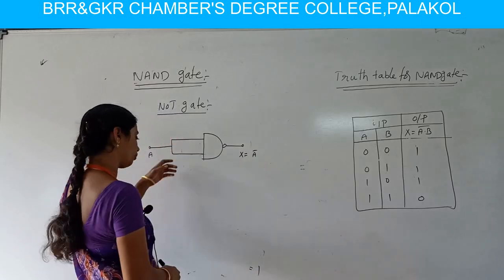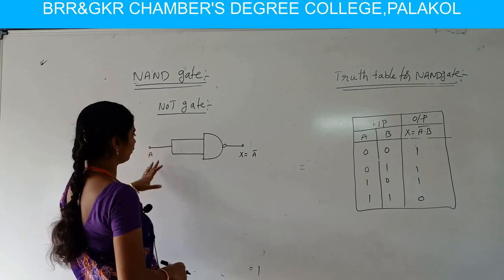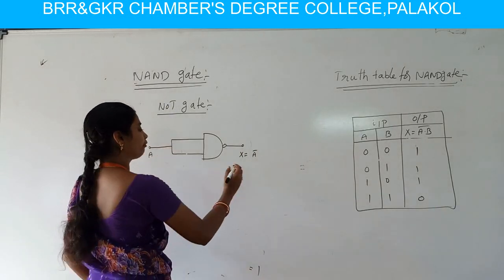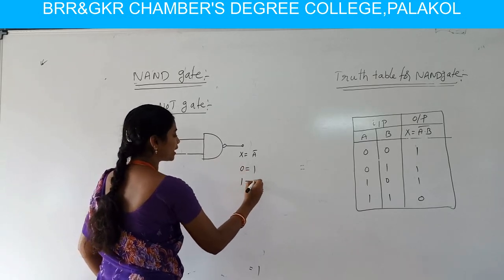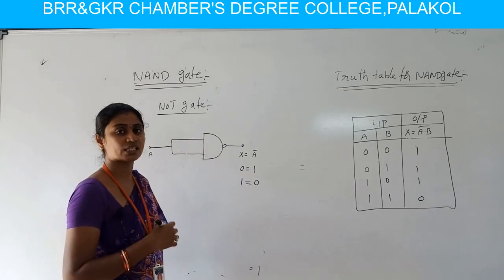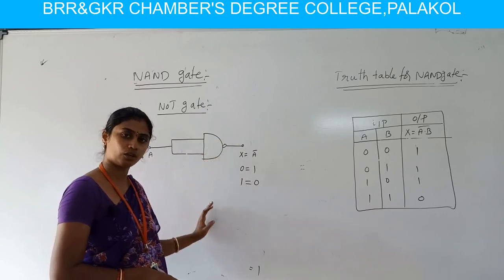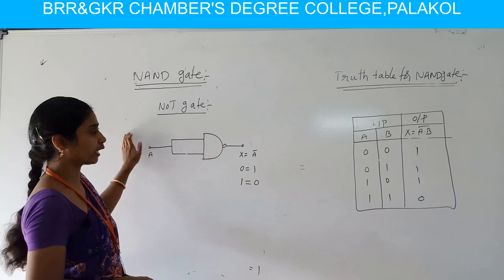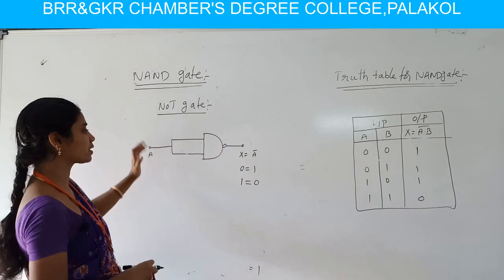It means here we give 0 0, 0 1, 1 0, 1 1, but the inputs are connected together, so it takes a single value. If we take 0, then the output is 1. If we take 1, the output is 0. It means whatever input is given to the circuit is inverted, hence the output behaves like a NOT gate. So this is about the NOT gate. Here the NOT gate is constructed from NAND gate, hence it is said to be a universal gate.